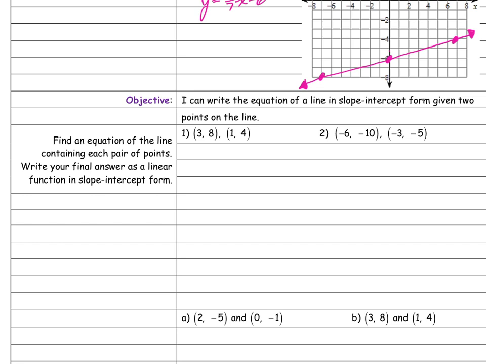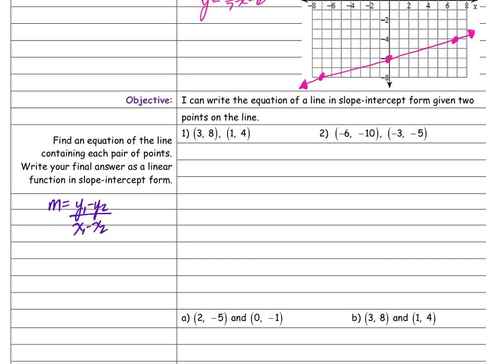Because they haven't told me what slope is. But in order to use point slope form, I have to find the slope, right? And I can find slope if they've given me 2 points. Remember my slope is y1 minus y2 over x1 minus x2. It doesn't really matter if it's y2 minus y1, as long as I'm subtracting one point minus the other point,